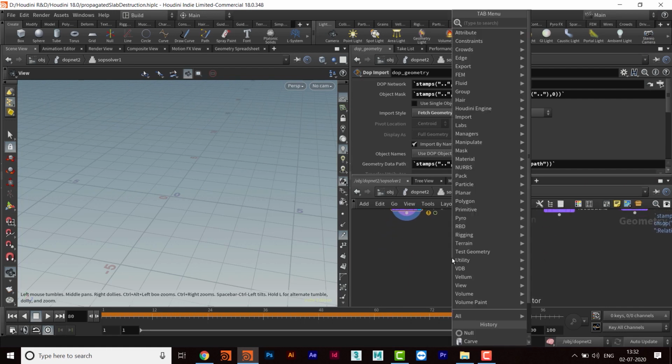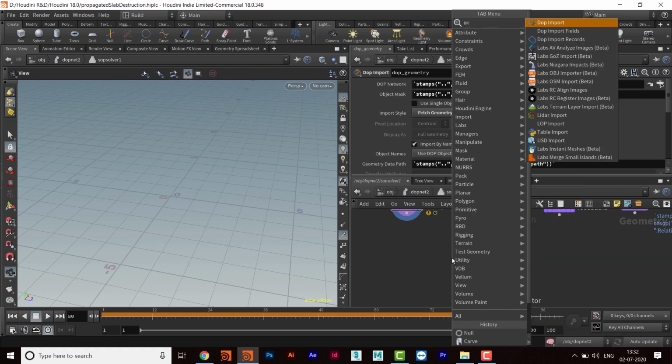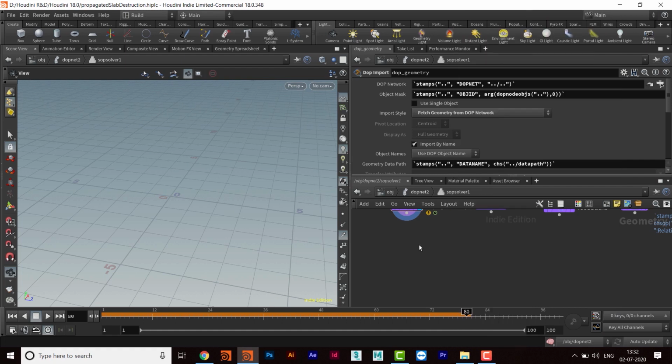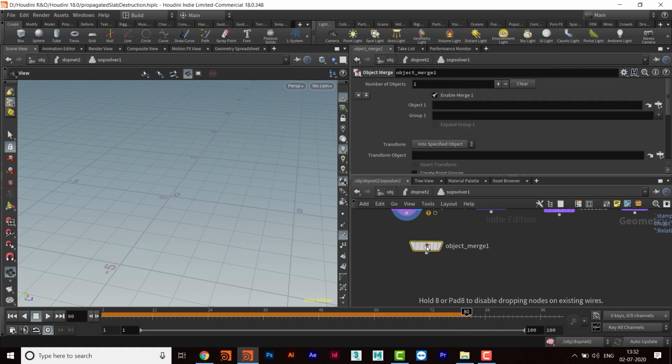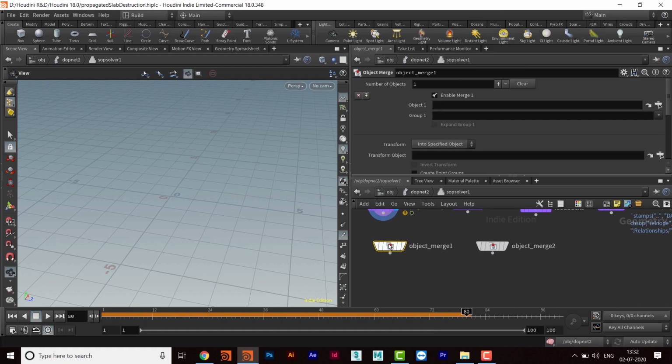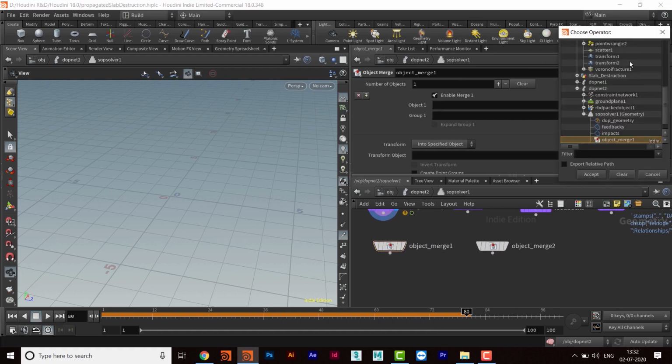Because I want to break the constraint, I will call the constraint. For that I will take an object merge, and I will copy and paste it. So here I will call this constraint, this out constraint.